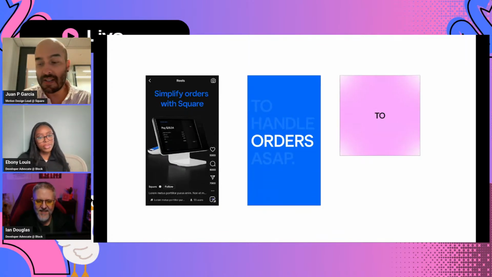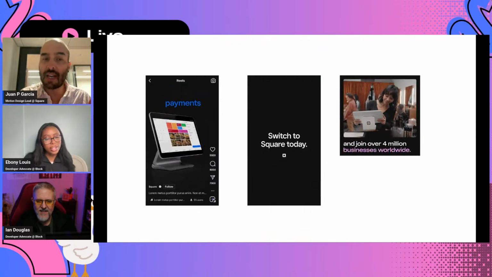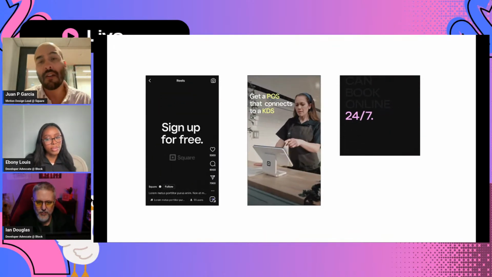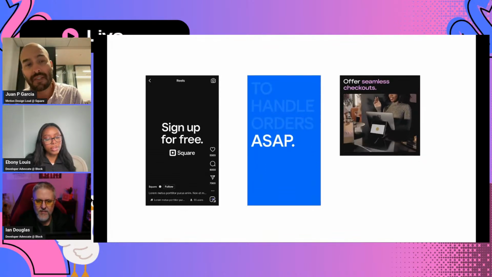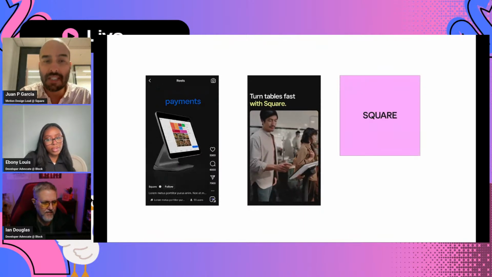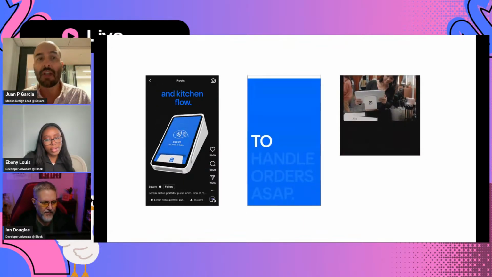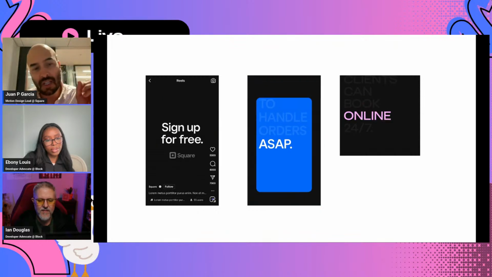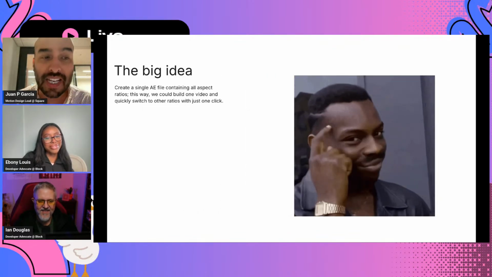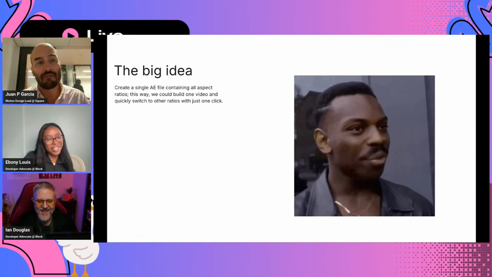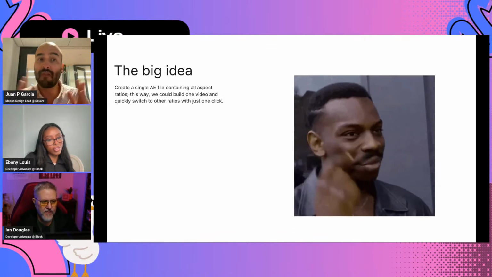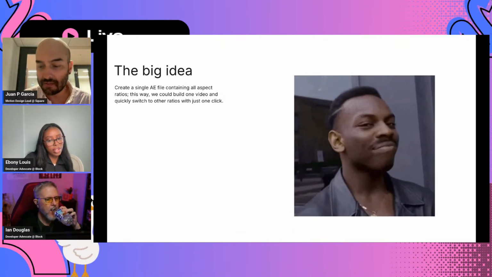But then one issue was that we needed to recreate these videos in different aspect ratios: 9:16, 1:1, 4:5, 16:9. And the issue was that we were basically repeating the same video many times, clicking the same drop down menus, changing the values, changing the text. So I had a big idea. Why don't we create another template containing all of those aspect ratios in just one file? It was a beautiful idea, right?